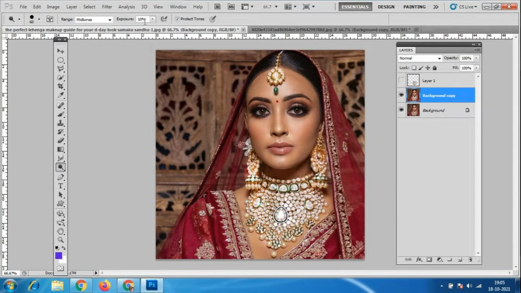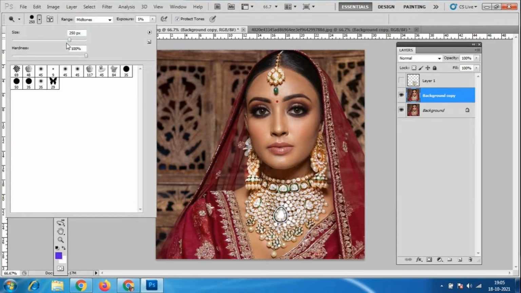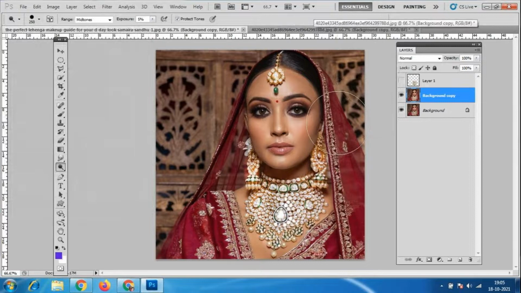With this, I want to make this girl also bright. I'll give only 5% exposure. I'll just increase the size of the brush; you can increase the brush size like this also. Otherwise, we have this flower bracket. I'll just make it like this. See, look here. Overall, then you will not have any patches. Before it is like this, and so much brightness has come now.